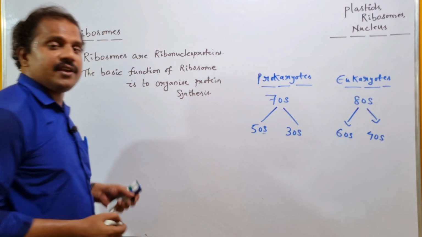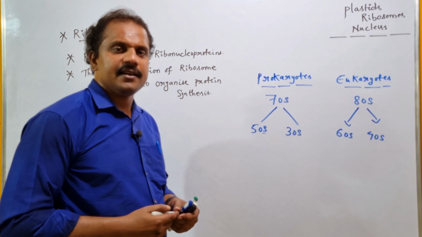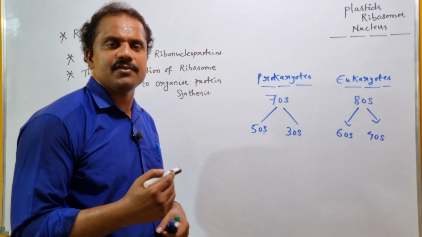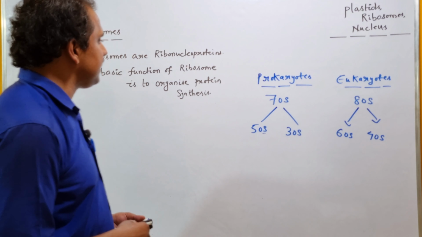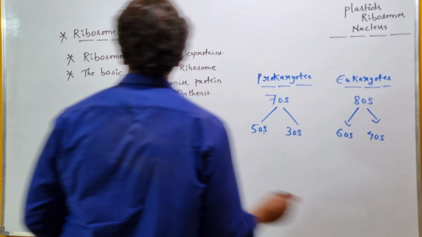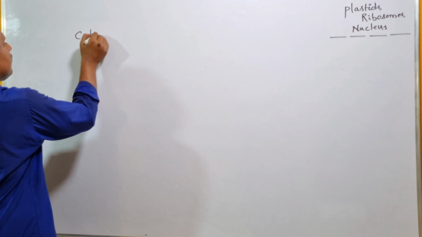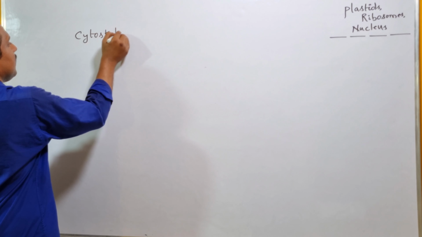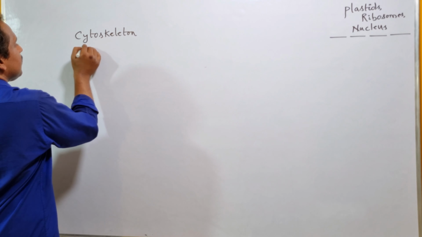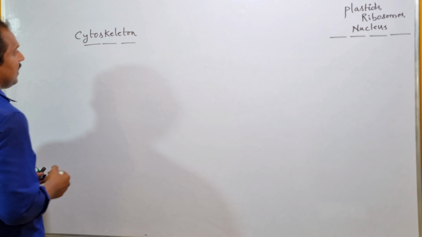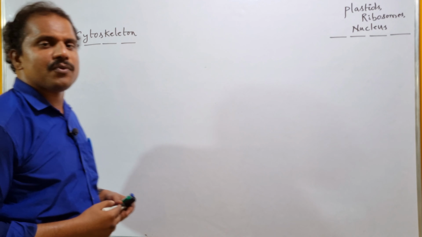Is it clear? So here then after we will be studying cytoskeleton. So what is cytoskeleton? Let me arrange the things first. Cytoskeleton, right? The meaning of cyto is cell and the meaning of skeleton is the thing which provides one particular